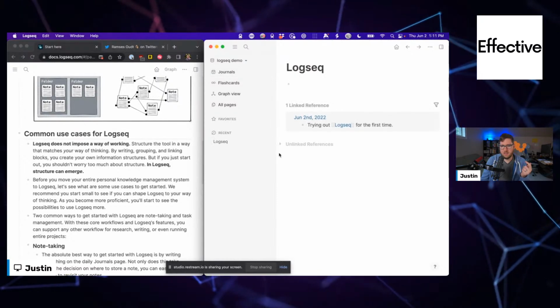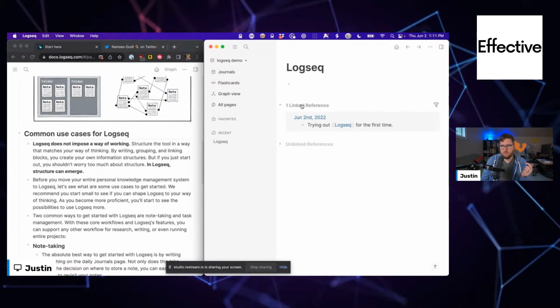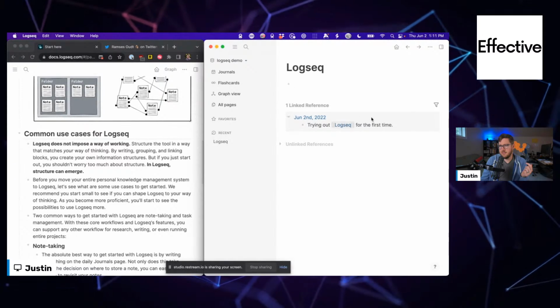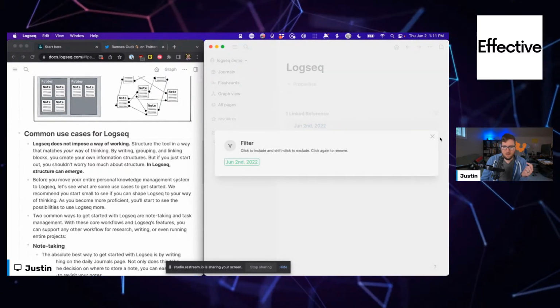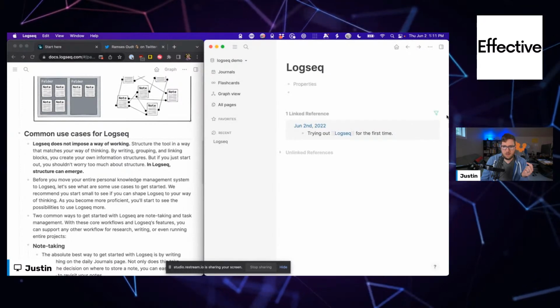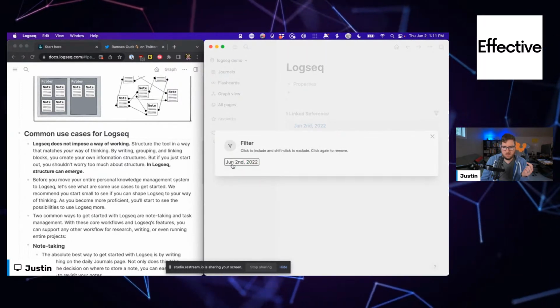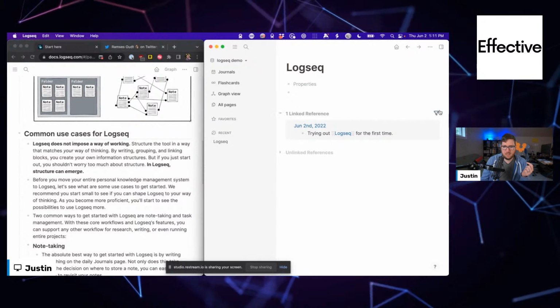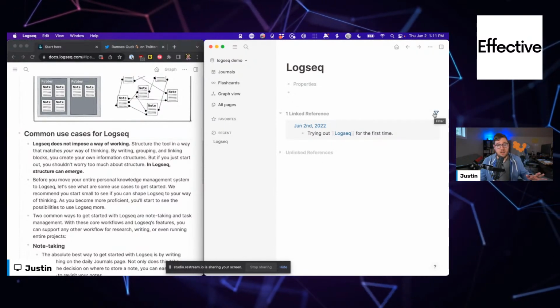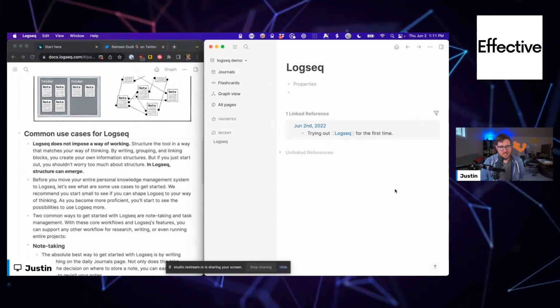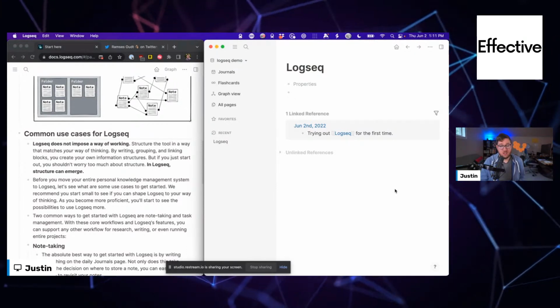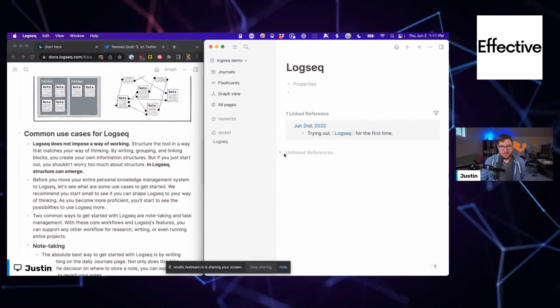All right, Matt's telling me to look at the backlinks. Yeah, and this is one thing I really liked about Roam, was the ability to filter these backlinks. I'll be honest with you, I almost never use backlinks inside of Obsidian, even unlinked references.